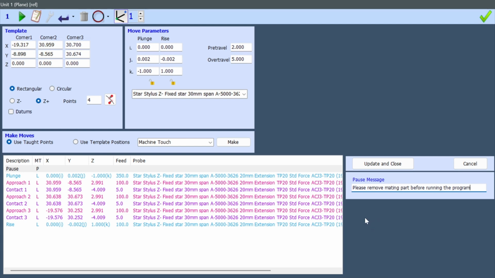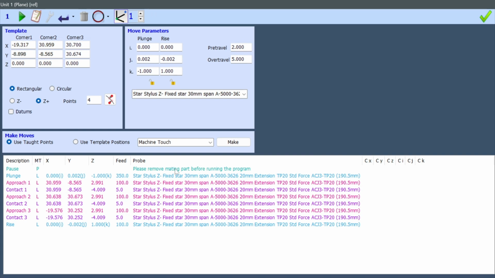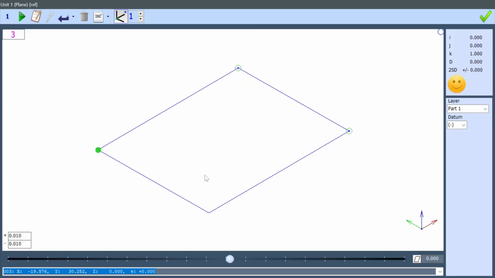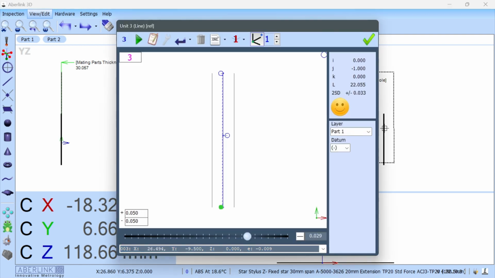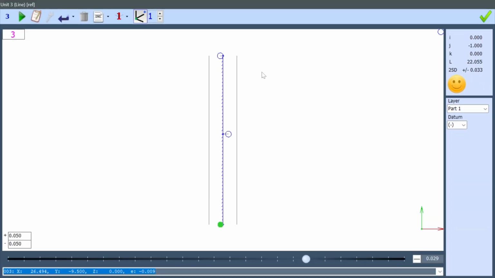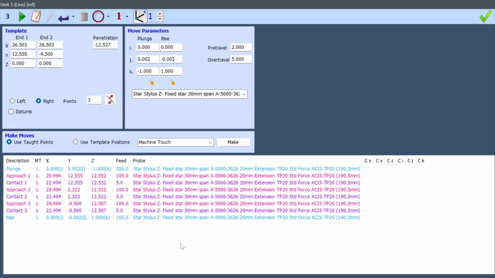So please remove mating part before running the program, update and close, and that's going to run at the very beginning of the program. So we can now double click the bar again, hit the green tick, and that's written in there. And in this program it goes plane, circle and then line, and then we're going to insert or seat the mating part. So this line is the very last feature that we measure prior to locating the mating part. So we're going to right click on this line to open it up, and just like before, double click the bar along the top to maximize the window, select CNC, and we're going to look to insert some move